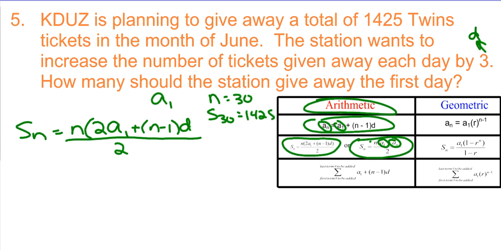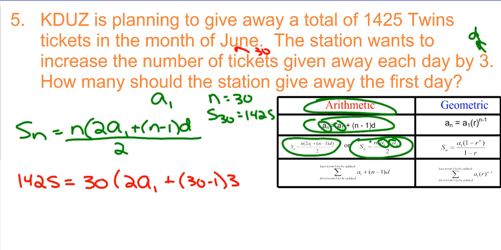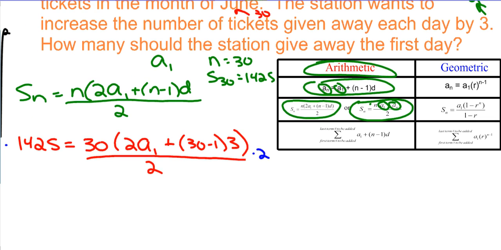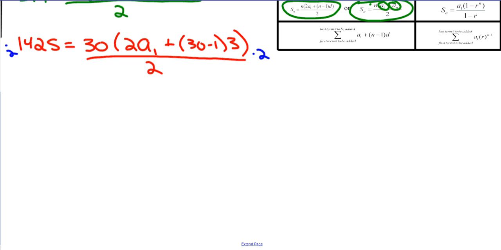So I'm going to do that. S30 in this case is 1425 equals 30, days in June, right? That's where I got the 30 from. I had to know there were 30 days in June. And then I have 2 times a1, a1 is my variable, plus 30 minus 1 times 3, because they're giving away 3 tickets a day, divided by 2. So as I keep working here, I'm going to go ahead and simplify this. I'll multiply both sides by 2 right away. So on this side, I have 2850